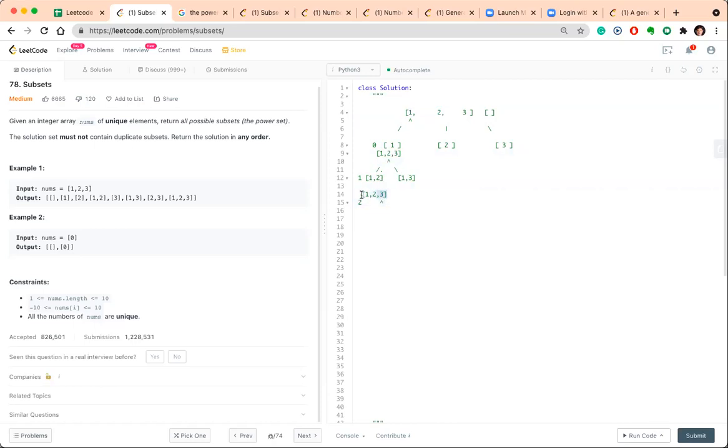So the only element we can take is 3. So this path will have 3 as our temporary list, and then we will give that as input. Once that is done, we will increment our pointer, which will be pointing outwards. So we invalidate that case.